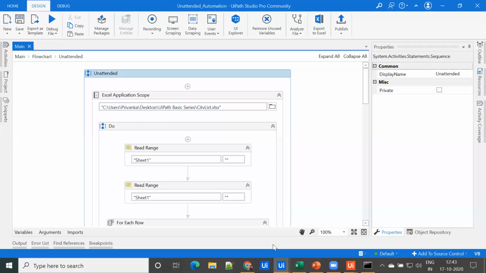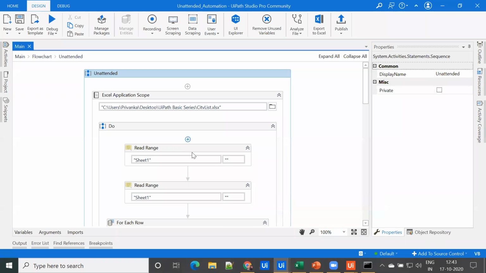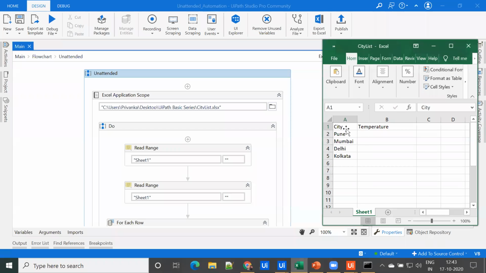I don't know who he or she was, but I'm going to show you the same example for unattended automation. Here we are going to use one Excel sheet which has a list of cities, and for these cities we are going to fetch the temperature or weather details with the help of unattended automation.